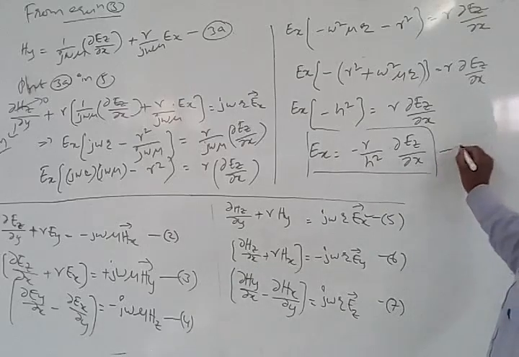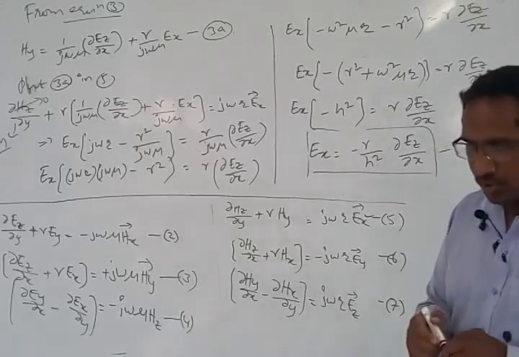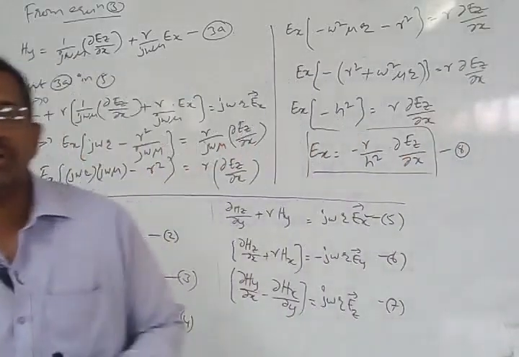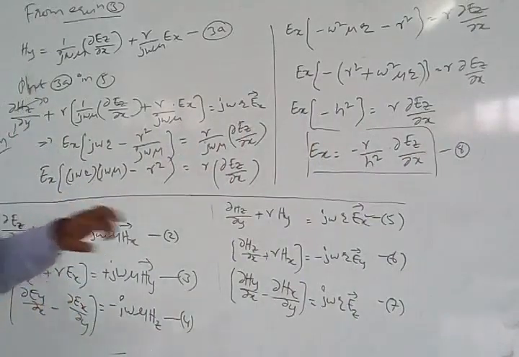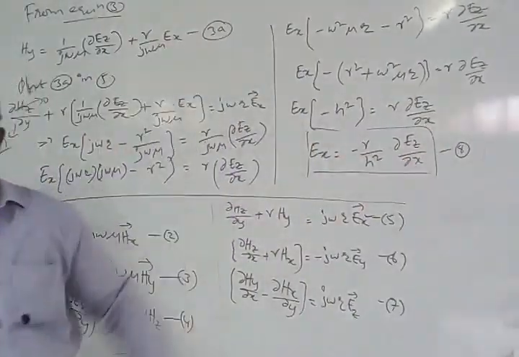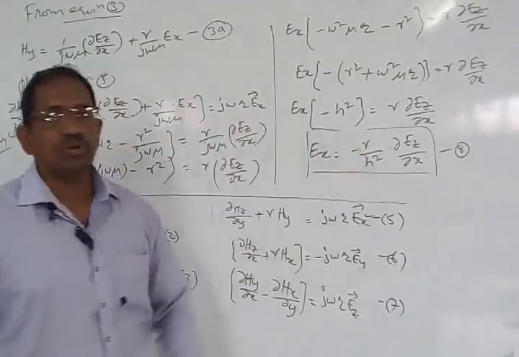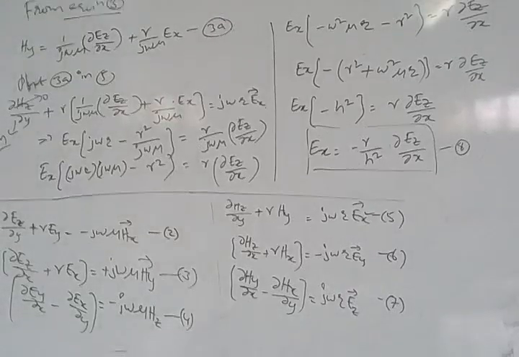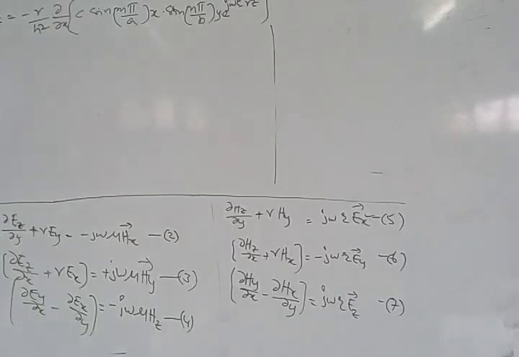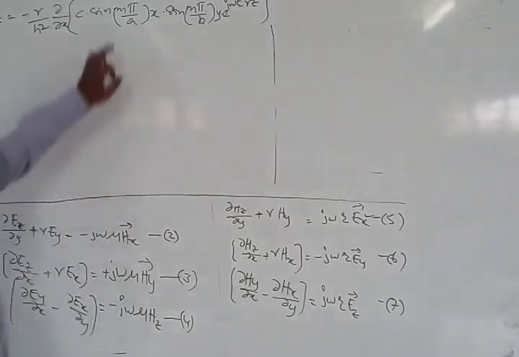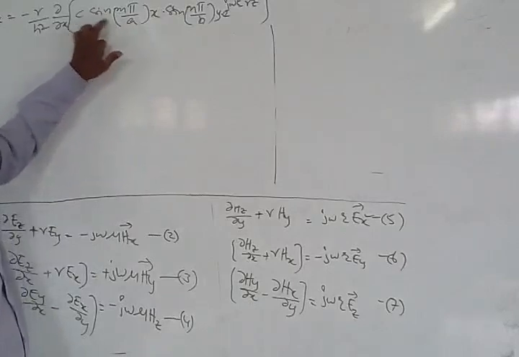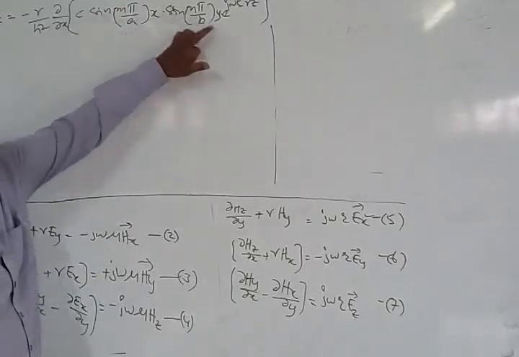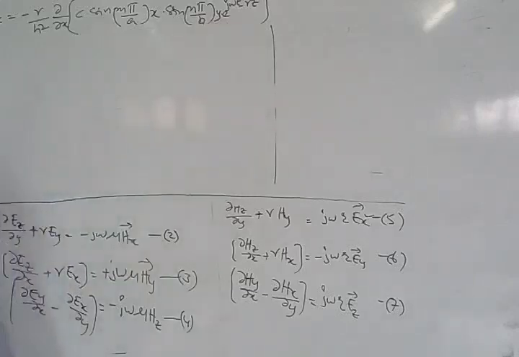So I can name this equation as equation number 8. So we have got equation number 1 in the very beginning. So that equation we substitute over here for Ez. We got the equation for Ez, no? That Ez equation we will substitute over here to solve this for the Ex component. So what is the Ez equation that we have now? Replacing Ez, we will be getting this equation as c into sin m pi by a into x, sin n pi by b into y, and all that e power j omega t minus gamma z. So this is the equation which we have got now.